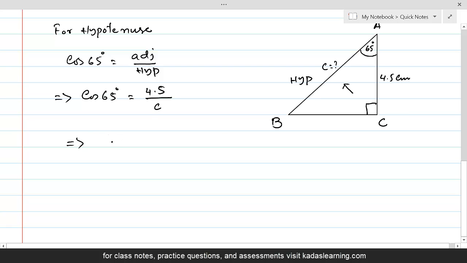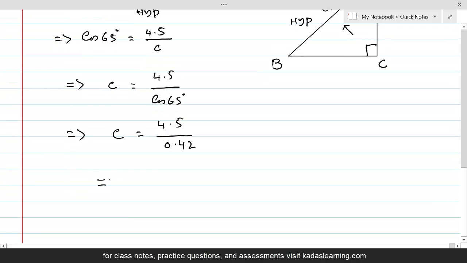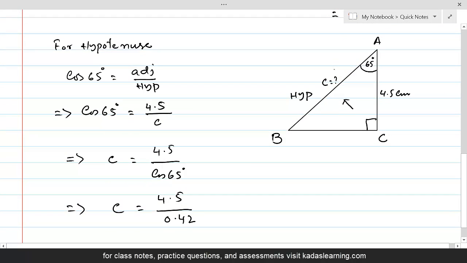Therefore C is equal to 4.5 divided by cos of 65 degree, and this will give value of C equal to 4.5 divided by cos of 65, which is 0.42, and this gives the value of C equal to 10.7 centimeter, or whatever is the unit of measurement. So here, if C is equal to 10.7,